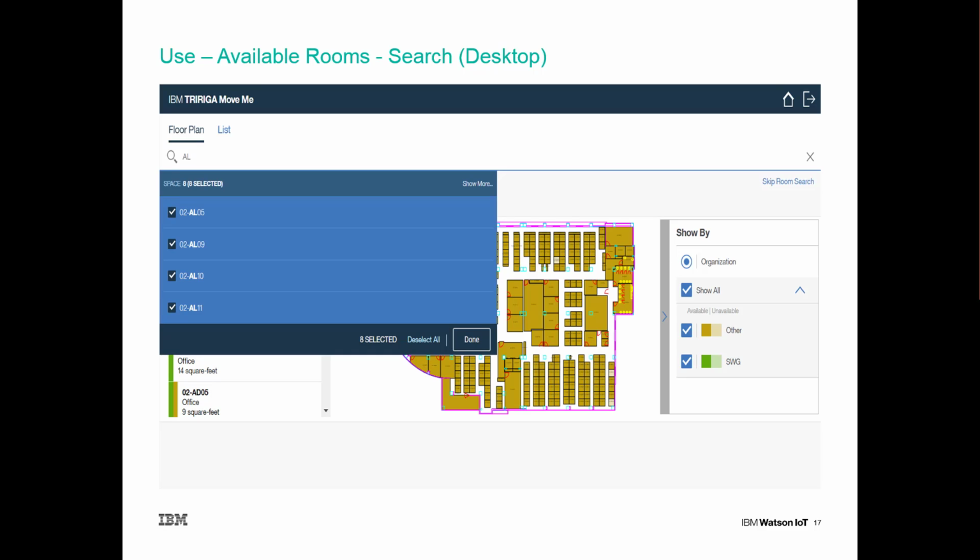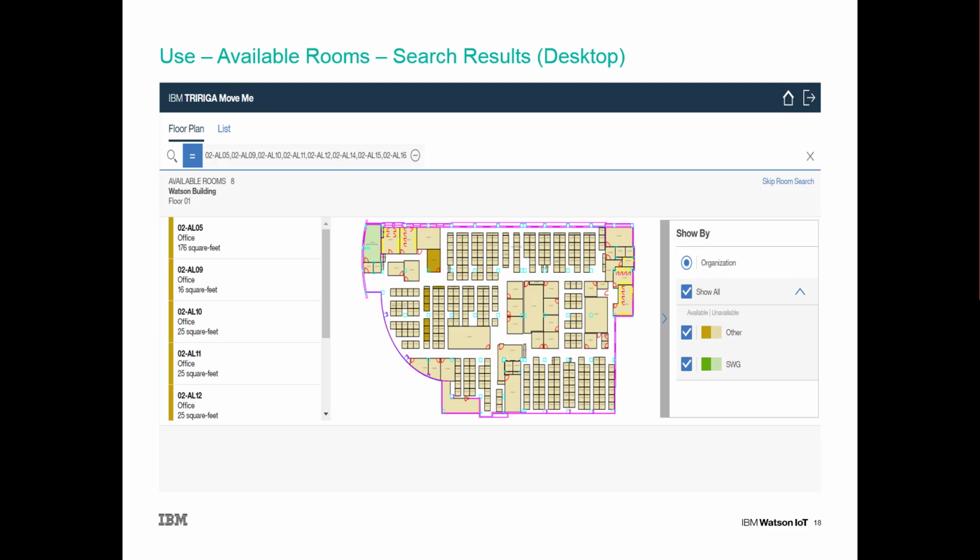I briefly touched on the search earlier. If you start typing some text in the search field, you'll see this drop-down list of selection criteria, or spaces that meet that criteria, and you can select the ones that you want highlighted on your graphic and in your list. Once you've selected the ones you want and click Done, on the next page,